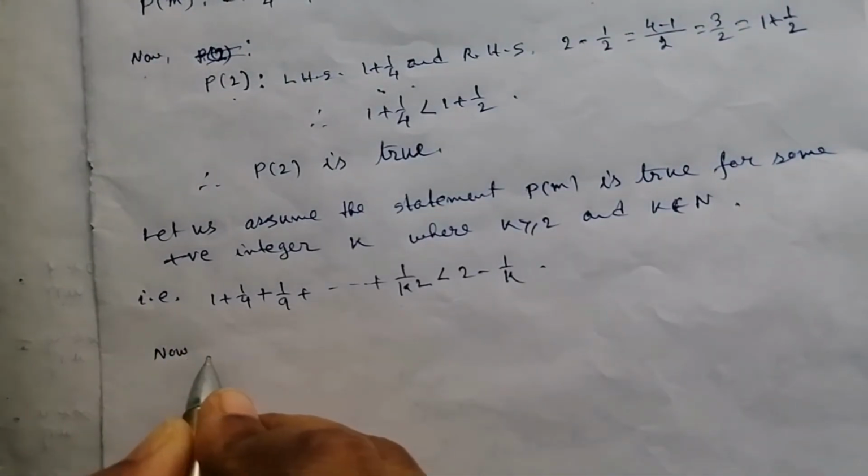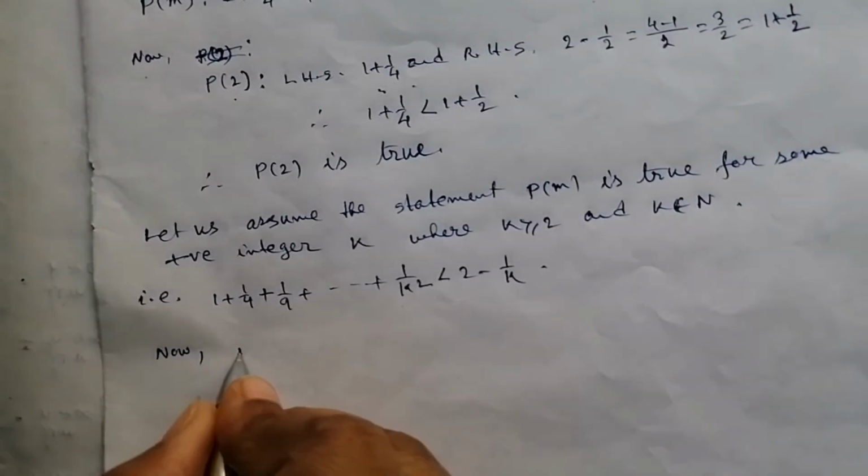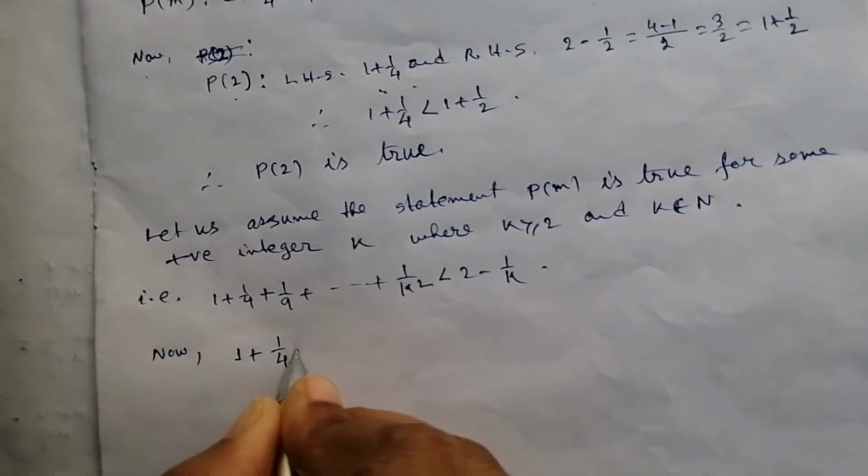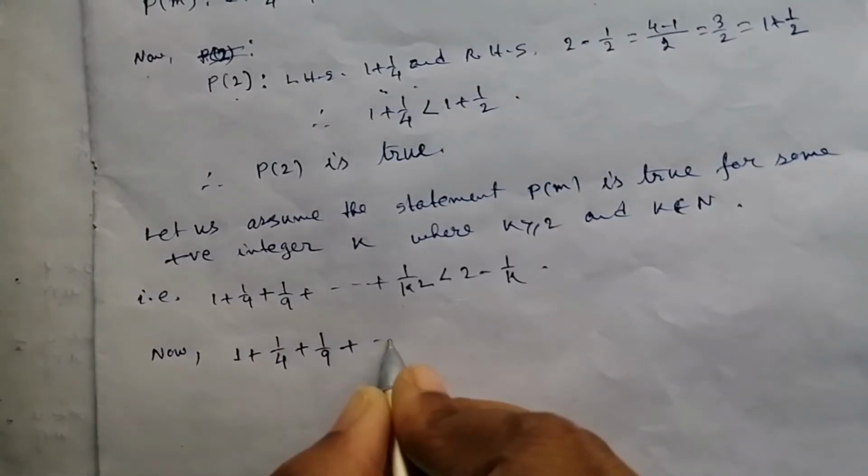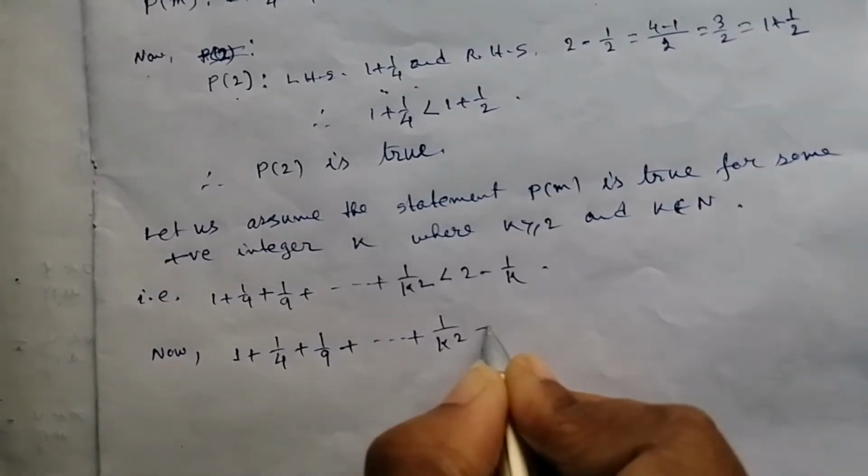Now, what is P(k+1)? 1 plus 1 by 4 plus 1 by 9 plus dot dot dot plus 1 by k square plus